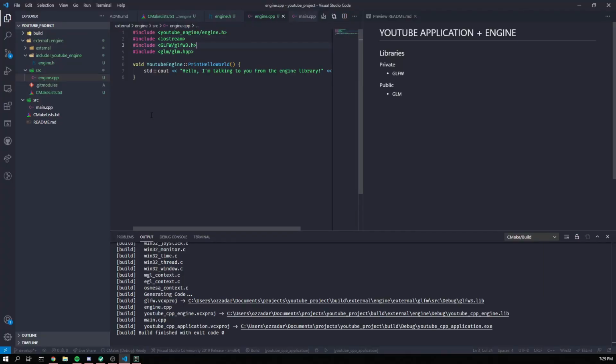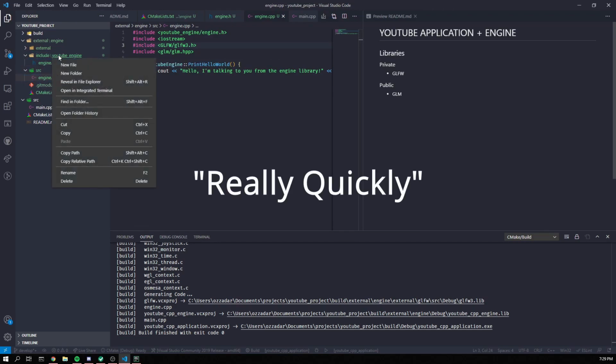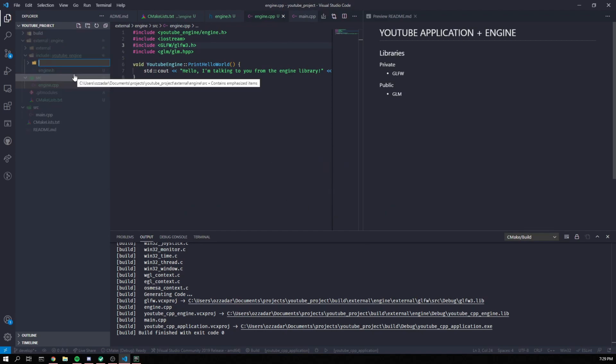So that is the basics of including a library, making it public and private. The benefit to this is, let's say, like I did with my windowing layer, we'll do this really quickly because I don't want to get too deep into it. So let's say here we're going to make a platform. Let's just do platform for now, and we're going to make a